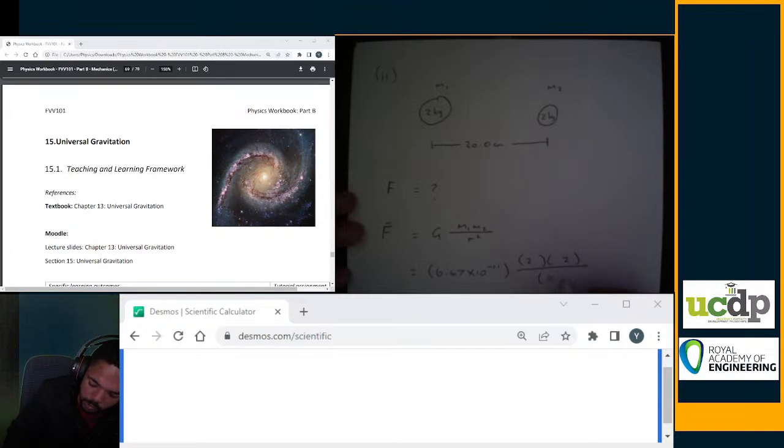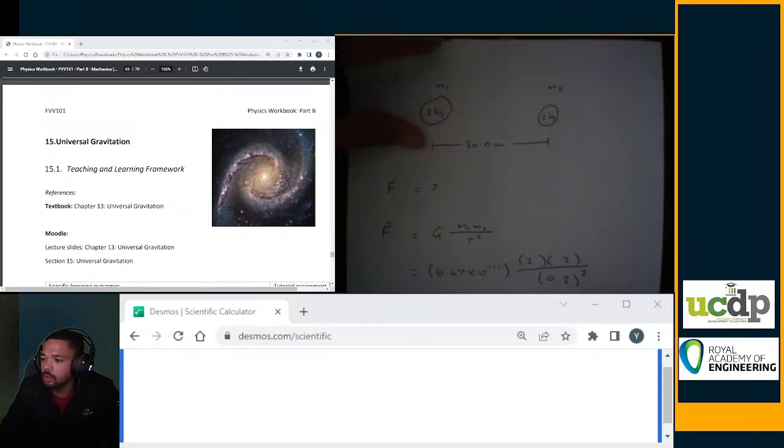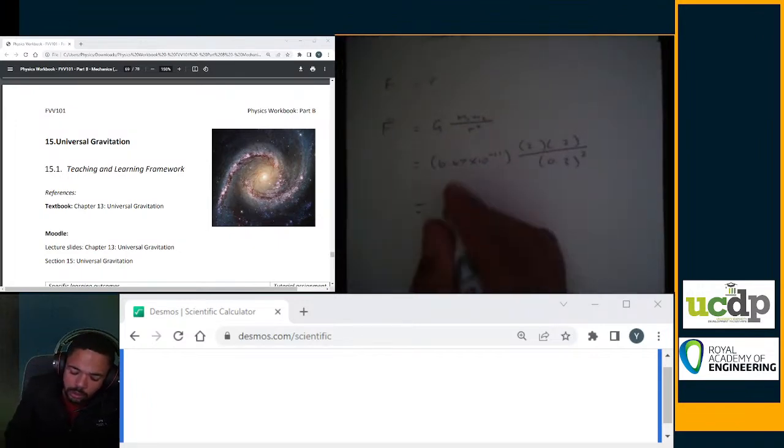Now we always work in meters, so it's 0.3 meters squared. And that gives us an answer, the one I mistakenly wrote down earlier on. If you go on your calculator, it will give you the answer of